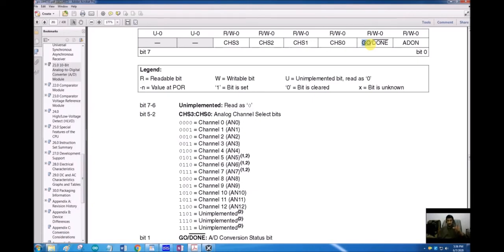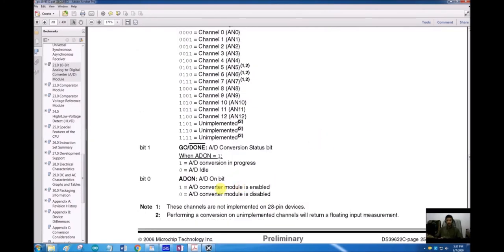And after I set it to 1 as a control bit, the conversion starts, and at the same moment this pin is automatically converted into a status bit, and that status bit is automatically cleared once the conversion is finished. So this is a dual purpose pin. And then finally we have the ADON pin, the analog to digital converter module enable/disable pin. If we want to use the analog to digital converter module, we want to enable it and we will set this ADON pin to 1, otherwise we will disable the ADC module and we will set it to 0.